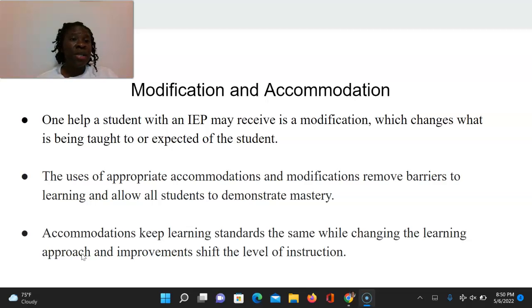So it may therefore mean that a child with a disability may need additional time on a quiz. It may mean that instead of a two passage worksheet, you could accommodate the student and make the necessary modification to just do one. So as a teacher, this is something that you got to look out for, because they got to be given equal opportunity too. And you got to focus and bear the IEP in mind to see how best you can modify the instruction and accommodate these students so that they can be successful.